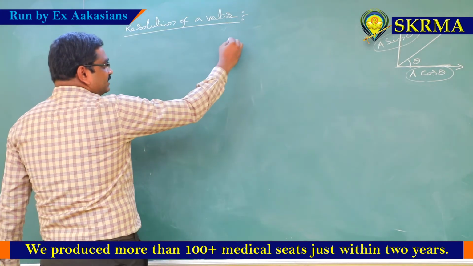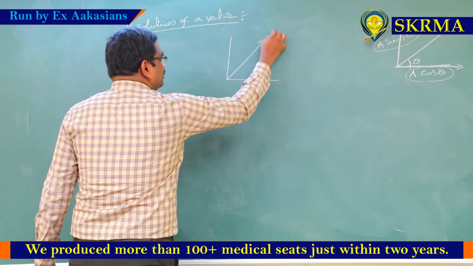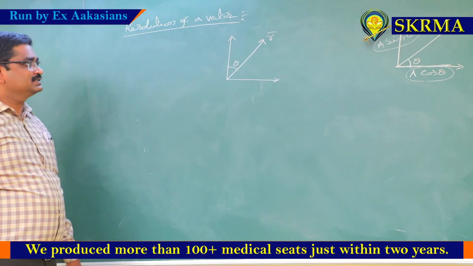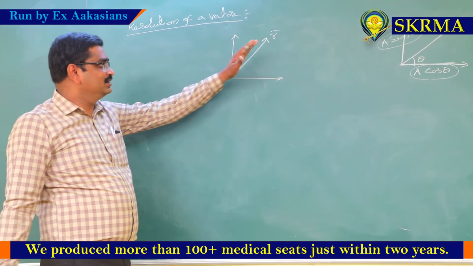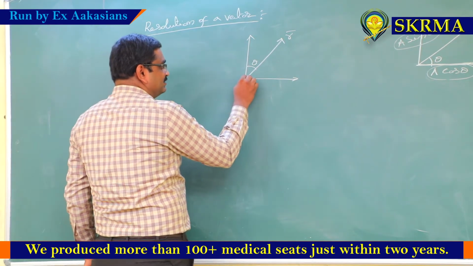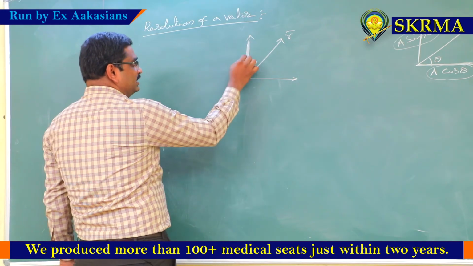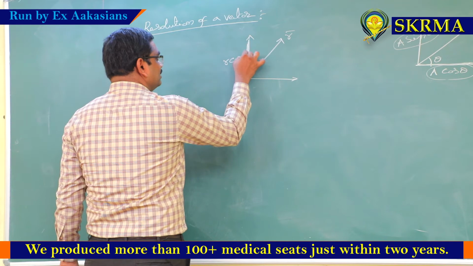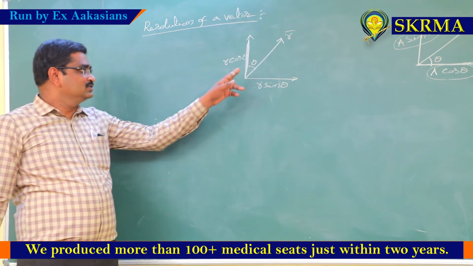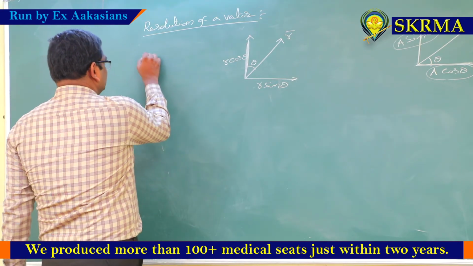Now the next case. The same vector r bar is making an angle theta with the y axis. In this case, what is the adjacent side of theta? The adjacent side of angle theta is this one, so it is the cos term. So r cos theta, and this is r sin theta. So directly we can write: the adjacent side of theta is always cos theta, and the remaining side will be sin theta. So this is the second example.